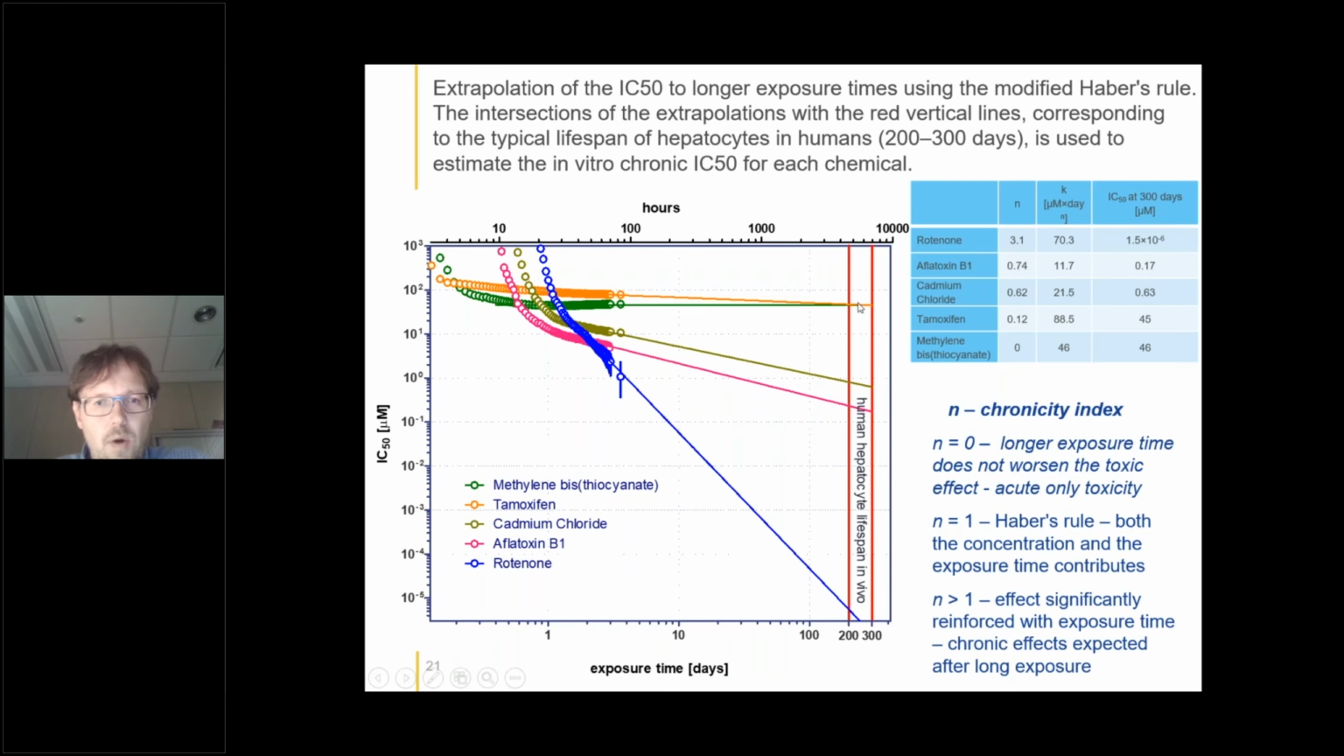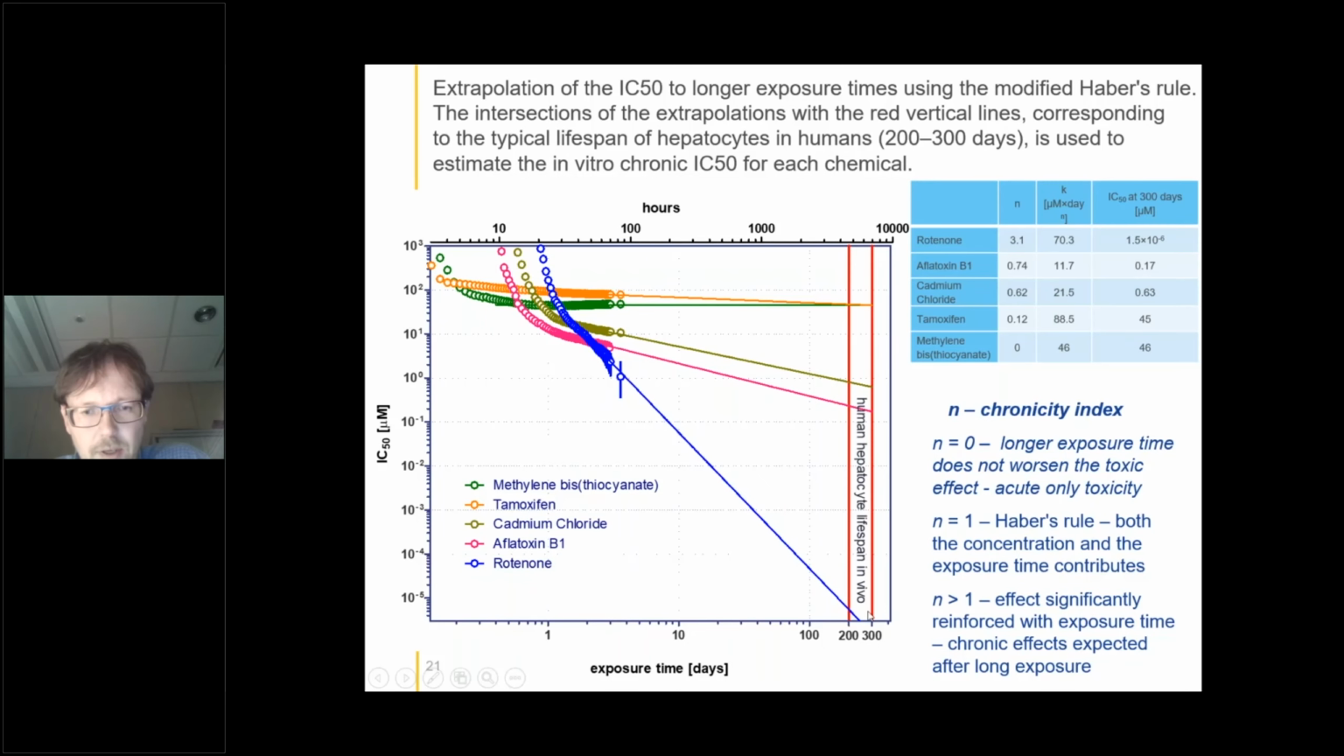exposure time. While when n becomes bigger, for example, n equals 1, you get the Haber rule, then the effect due to the toxicant and the effect due to the exposure time both will be equal. So the effect will be a multiplication of both. And then if you further increase n, so for example, in the case of rotenone, which is n equals 3 and something, you can see that